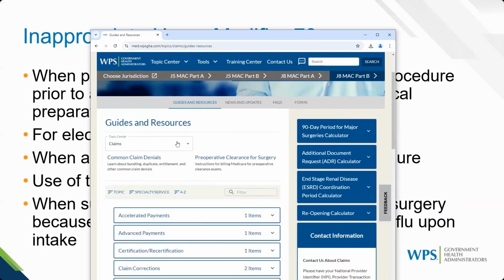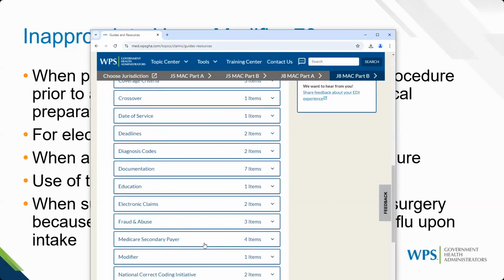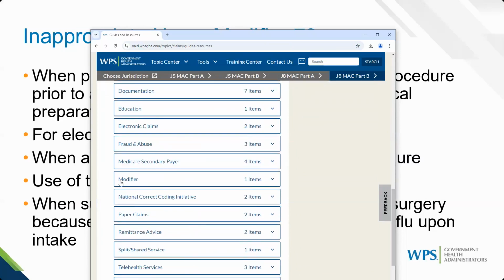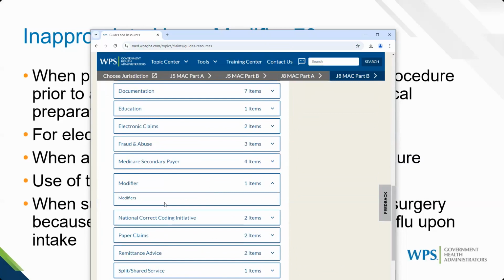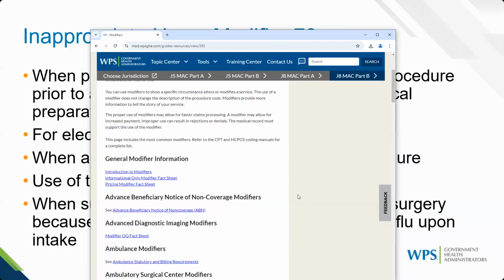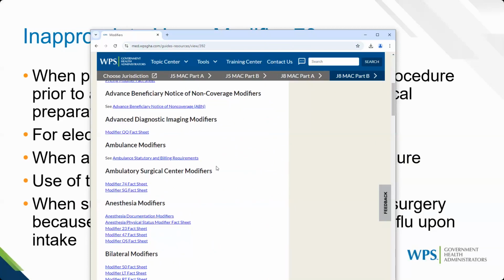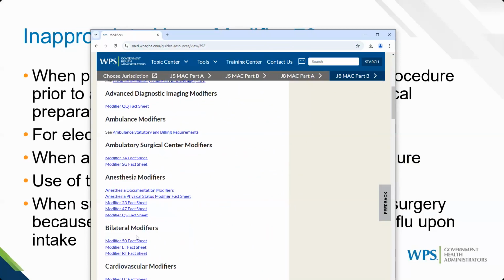When you select Claims, you will find many different guides and resources. And we're talking about modifiers and looking for information on modifiers, so we're going to select Modifier. And again, you will see when selecting those links, all of this information appears. We have general modifier information. We have advanced beneficiary notice of non-coverage or ABN modifiers, ambulatory surgical modifiers, anesthesia modifiers, and so on and so